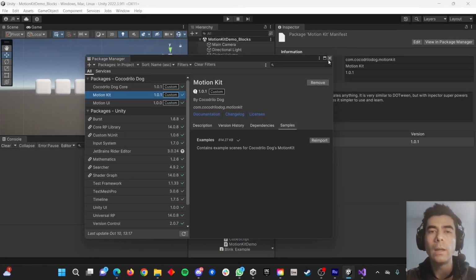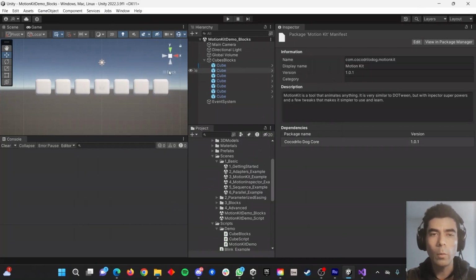I will put the instructions to install the package in the Unity editor in the GitHub, which is linked in the description below, so you will know how to get started.